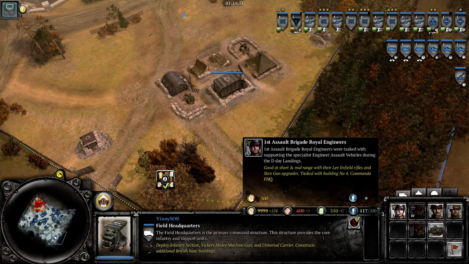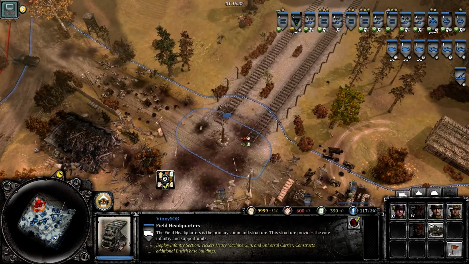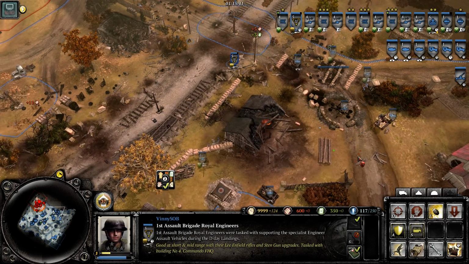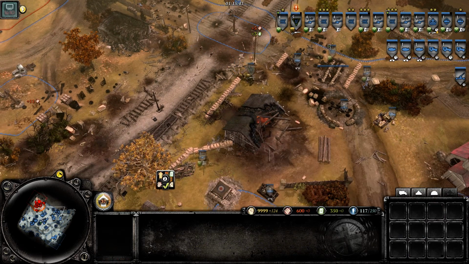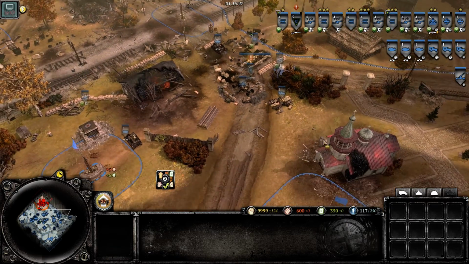Now these guys are pretty cool. They have Lee Enfields, and I believe they start off with one Sten. I have a group of them somewhere here. Here they are, and they're actually hurt, so they're pretty unique as far as these sappers go,